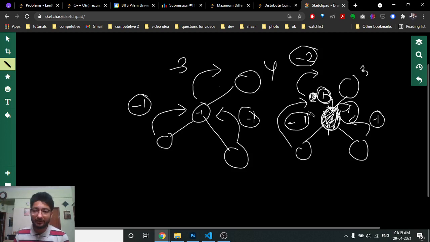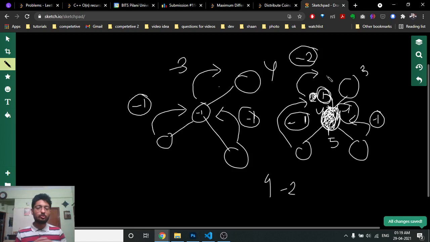So the value at this node, if this has 5 coins, then 1 coin is already fixed here, because I have to place 1 coin at this node also. If it is already having this coin, then I don't have to move it around. Then how many coins do I have in excess? 4 -2, which means 2 coins I will move here, and then I have 2 coins extra, and that information is sent above. That is the information I have to pre-process for every node.